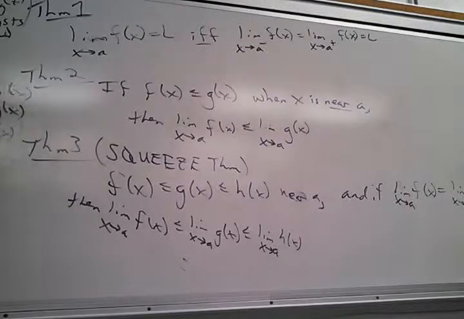If the limit here is L and the limit here is L, then G's limit has got to be L. It's squeezed. It can't be up here because then it's bigger than H, and it's not supposed to be bigger than H. It can't be down there. It's squeezed, right? So that's interesting, but then you start to think about it like, well, what would